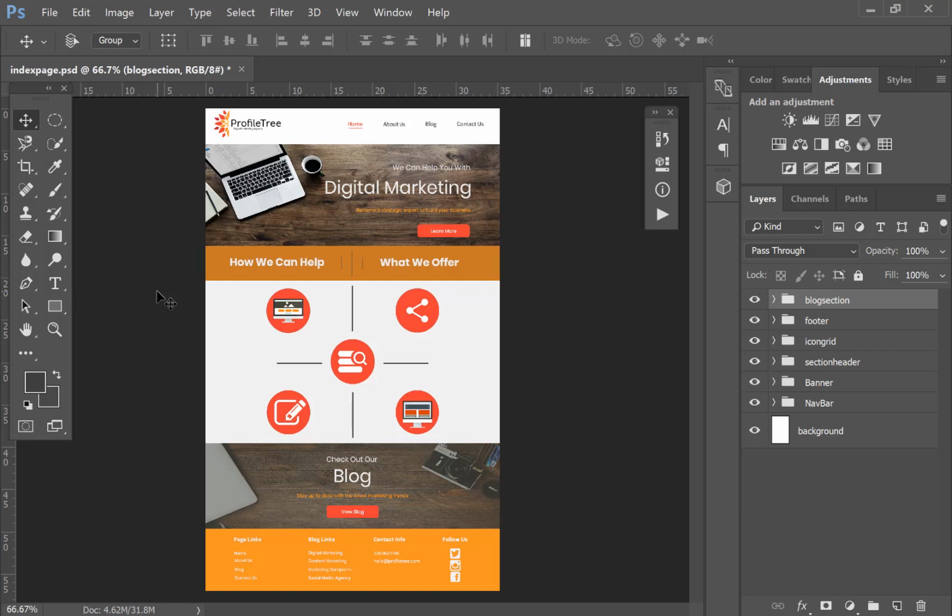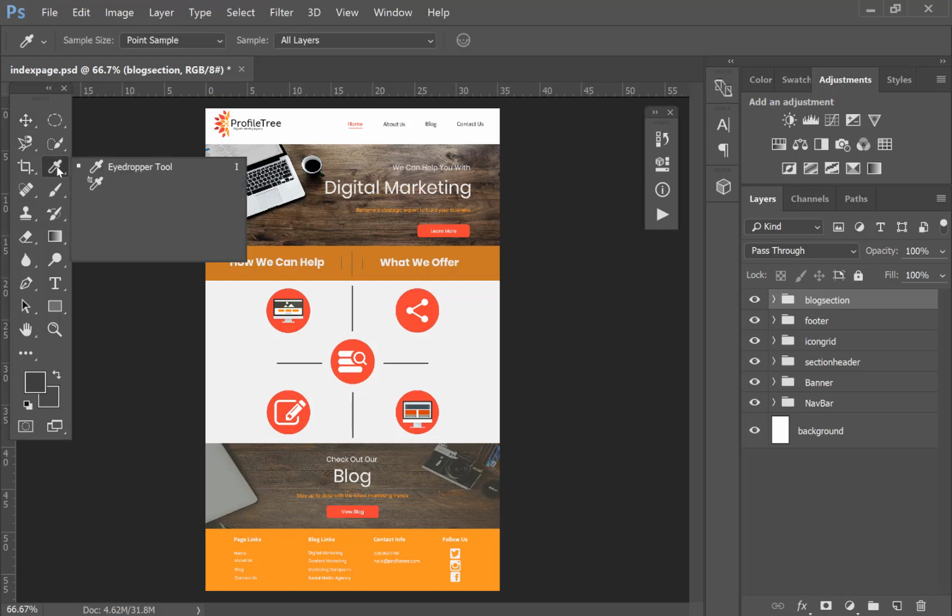I didn't use the Adobe color wheel in this case because I just used the exact same color scheme that we use on our main ProfileTree site, and as you can see, it also matches the colors in the logo at the top here. But if you have created a design and you can't remember what colors you used, all